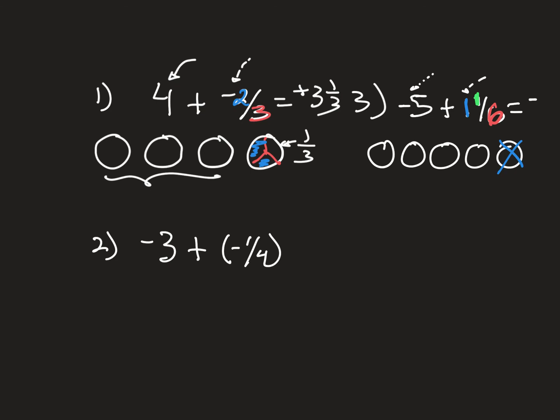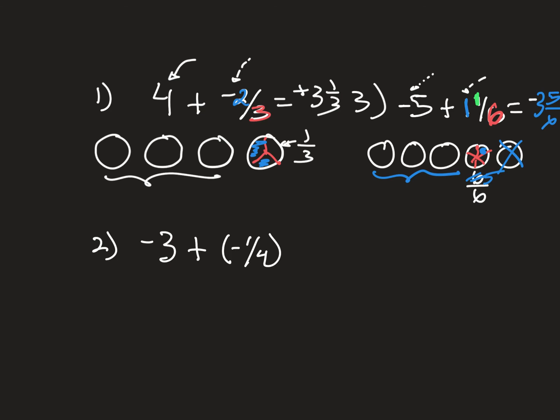So remember, since the denominator is 6, that means I need to break this up into 6 pieces, and I'm taking away 1 of those 6. So remember, you don't have to draw the slices. Doesn't it take 6 to make 1 whole, right? And I'm taking away 1 of those 6. So I have 3 wholes and 5/6 left over. So it's -3 and 5/6. So you don't actually have to draw the 6 slices. We know that 6 out of 6 is a way to write 1 whole, and then we're taking 1 of